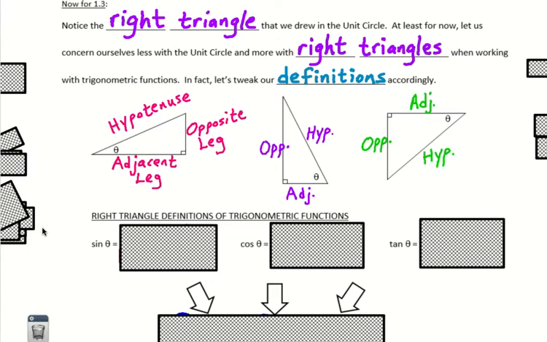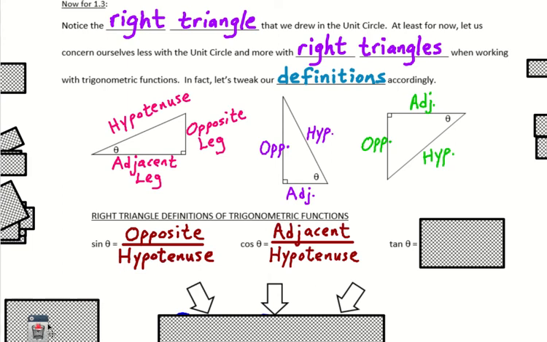Now what we're going to write down next is our new versions of the definitions. How do we define the sine of theta? We've already defined it as y over r, if we're working with coordinates, x values, y values, a radius of 1 on a unit circle, whatever. That's how we define sine. But how do we define it using lingo like this? Well, this might not even be new to you. If you got this far in geometry, maybe you remember